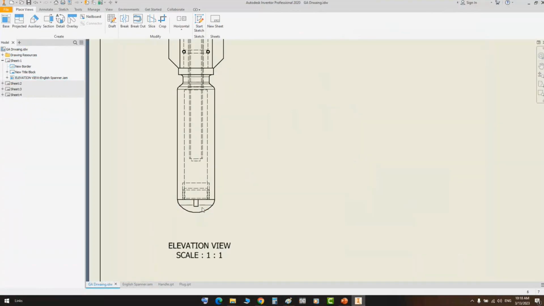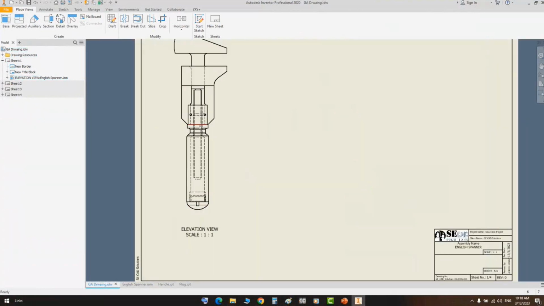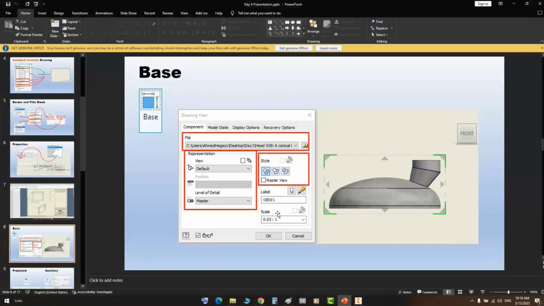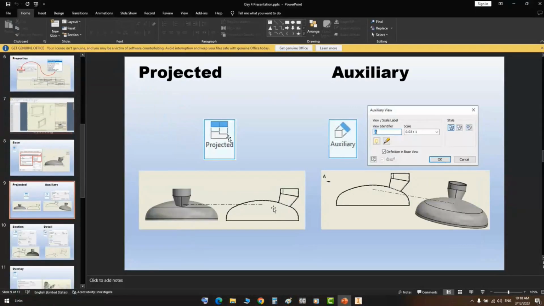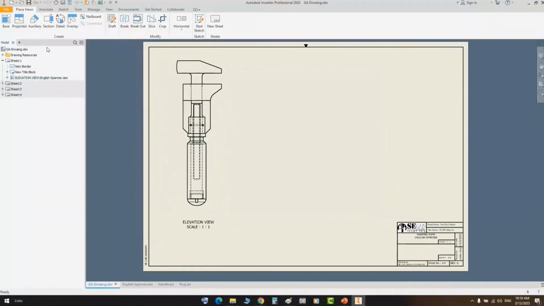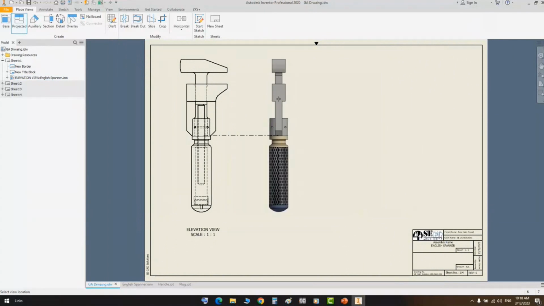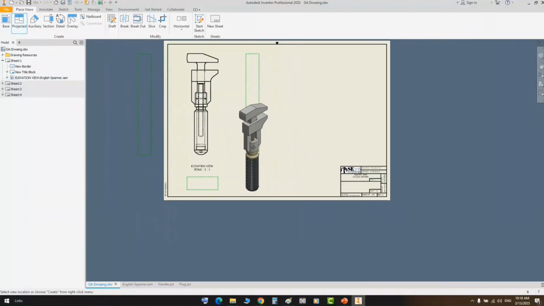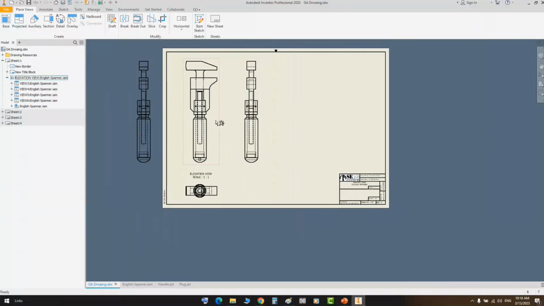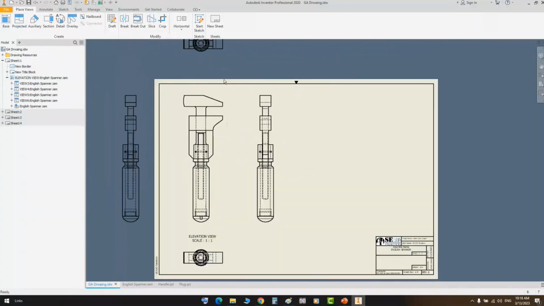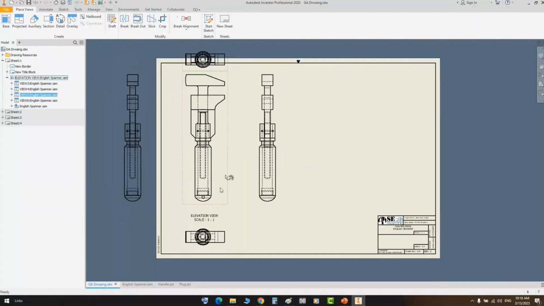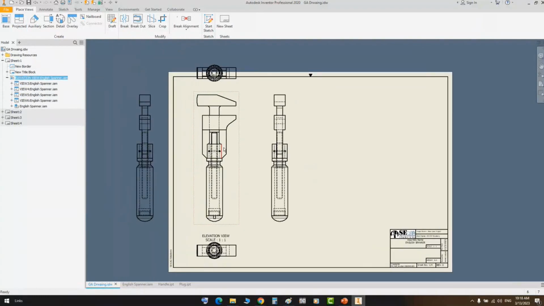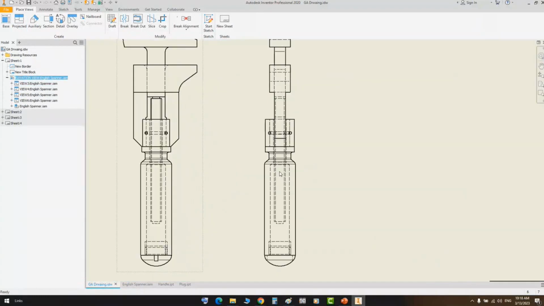And now let's create another project from this part. So how to generate a new project? By using the project button, you can add other views. So from here, if you select a project, you can add a side view like that, back view, top view, or bottom view. So you can get a view like this. So it's easy to generate